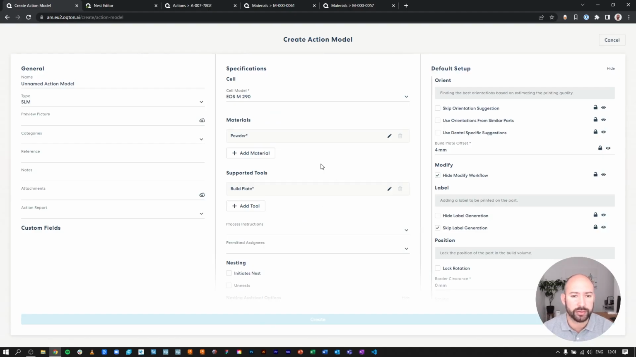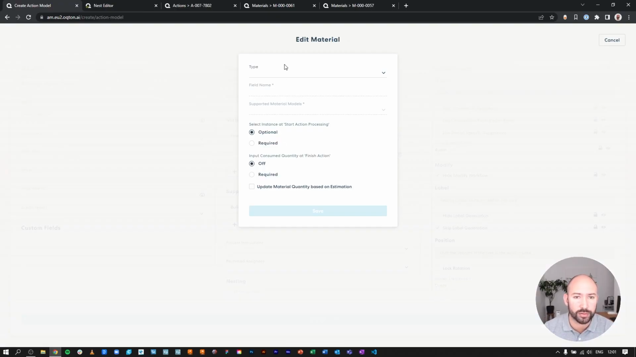Okay, so one great thing is that you can also add other materials. So let's add another one, and let's say that we want to add gas, because that's also a material that we need during this process. You can change the field name, you can choose a supported material model, and let's choose this one that I've created, argon gas. So again, you can choose it to be optional or required. We'll make this one required too. And